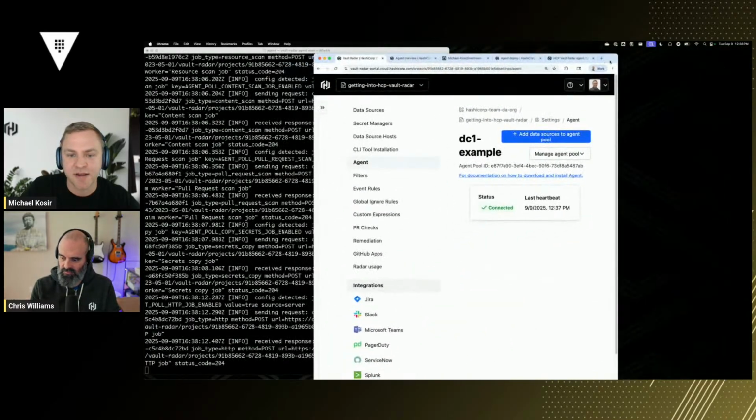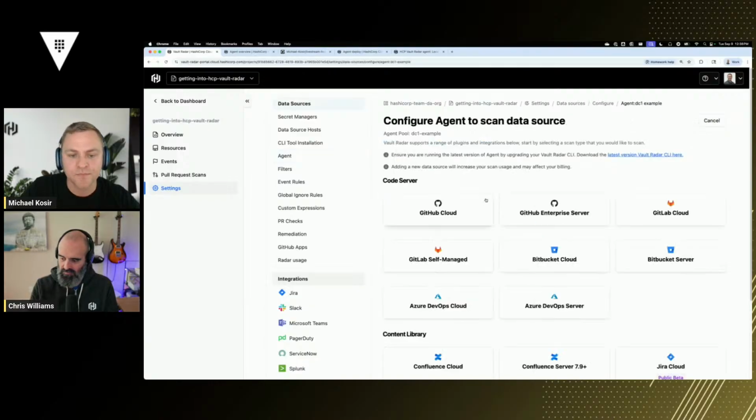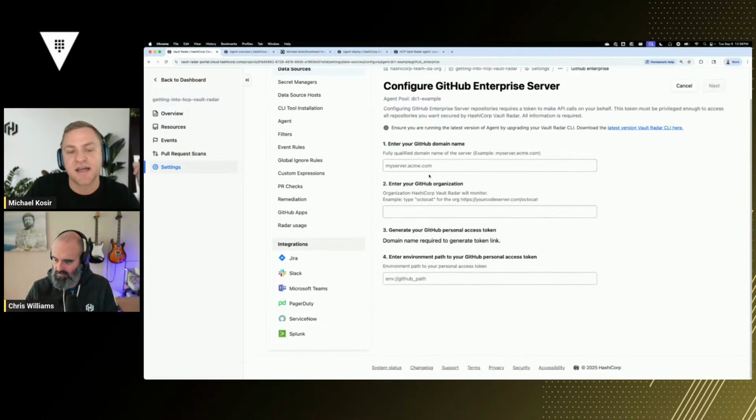let's open this back up, and we can go to add a data source to an agent pool. Because we're running this agent pool, we want to scan an on-prem resource. So we're going to do a GitHub Enterprise server. So this is something that the public internet cannot access. So I will be doing